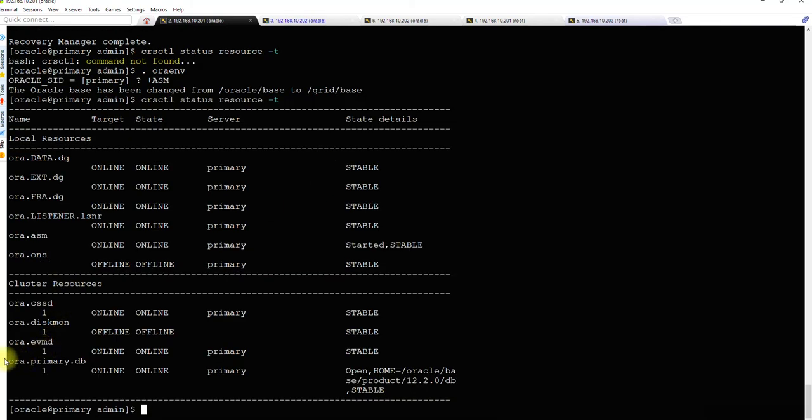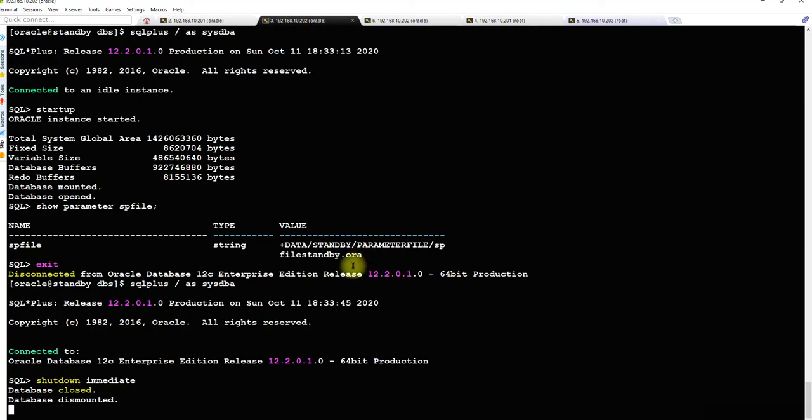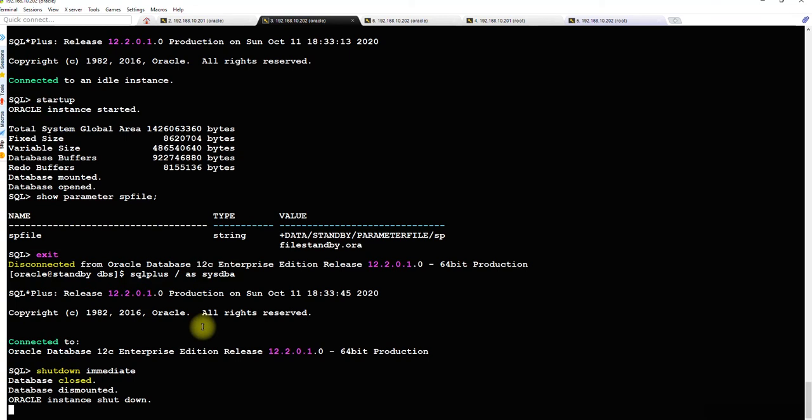You see that the database is registered, okay, but I run it here. I'll show you. I'll start up the database in mount state and then I will show you the crsctl utility. Startup mount.